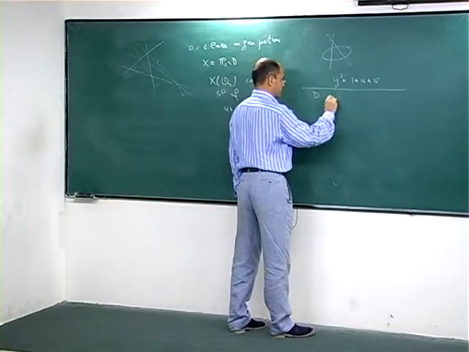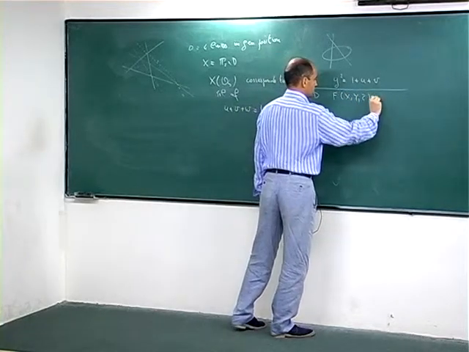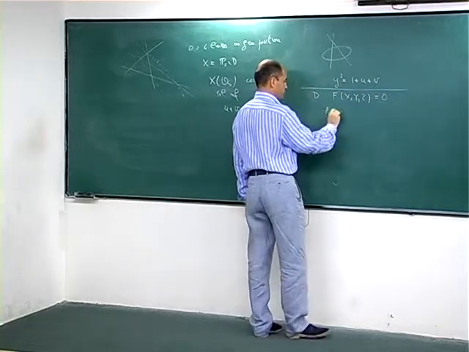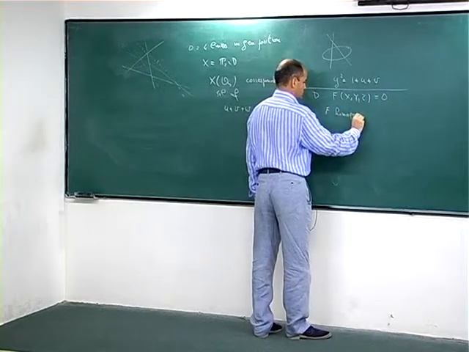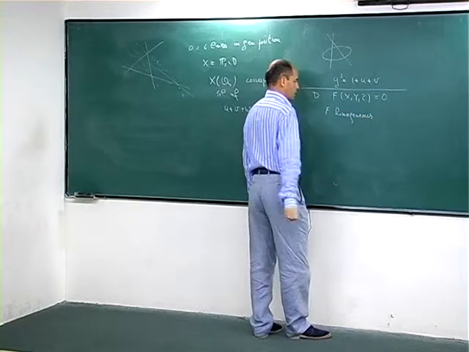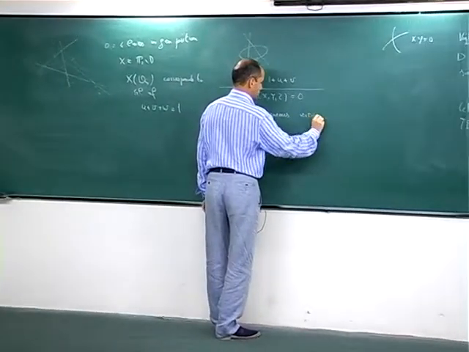Suppose that D is given by the equation F(x, y, z) equals zero, where F is homogeneous and supposed to be irreducible,